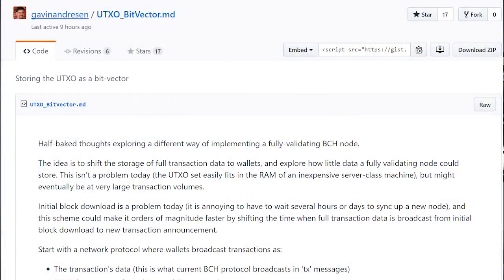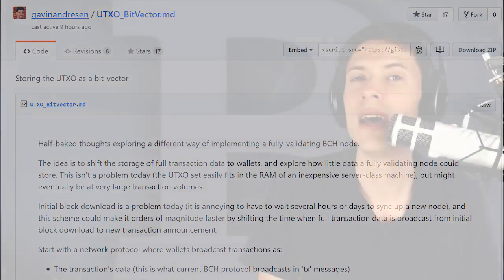So Gavin's post, which he titles Half-Baked Thoughts, outlines a way to reduce the UTXO set of a Bitcoin node. The UTXO set, or unspent transaction outputs, is the information about all the coins that haven't yet been spent, basically the who owns what in Bitcoin. As the blockchain grows, which is the record of all transactions that have ever occurred, the UTXO set typically grows as well. But this set needs to stay small because it's best to keep it in memory for quick access